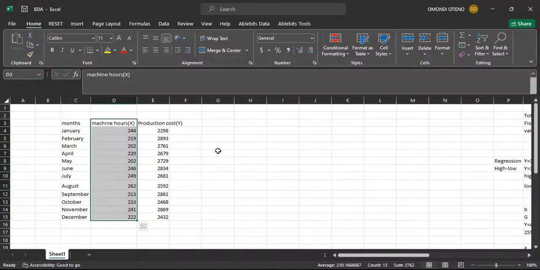Good. So that's all you need. That's all which was required for the High-Low method still under